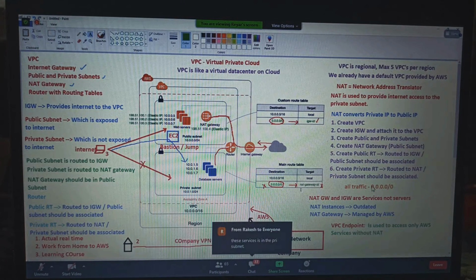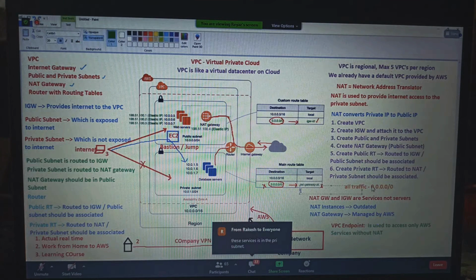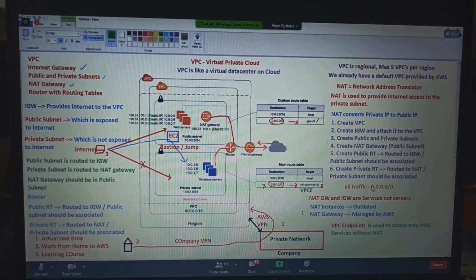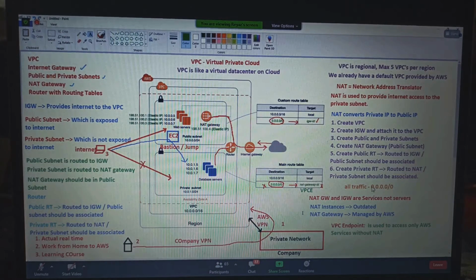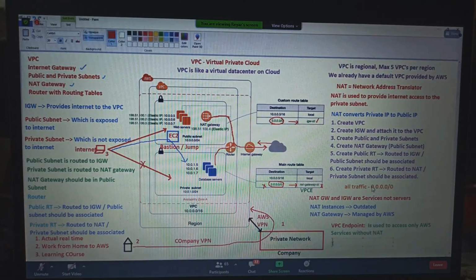So instead of the NAT gateway, remove that NAT gateway and have a VPC endpoint, VPCE. Okay? How about NAT? NAT means you will get full internet access. Yes or no?